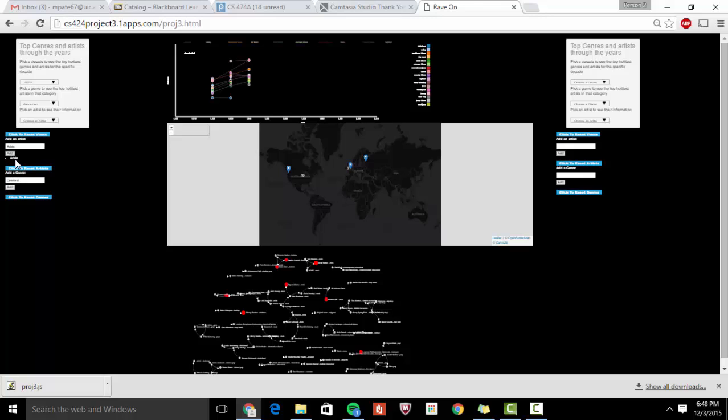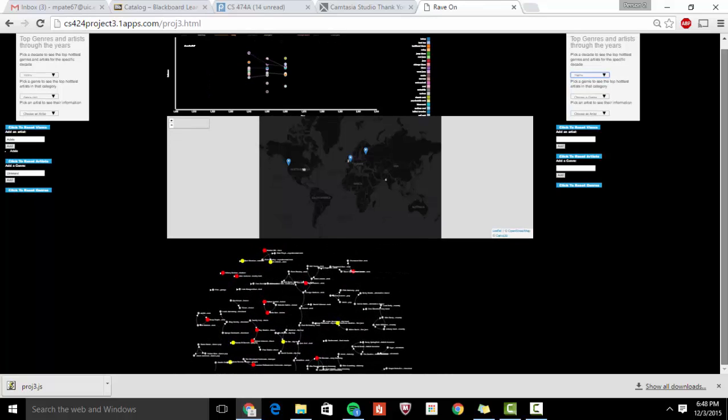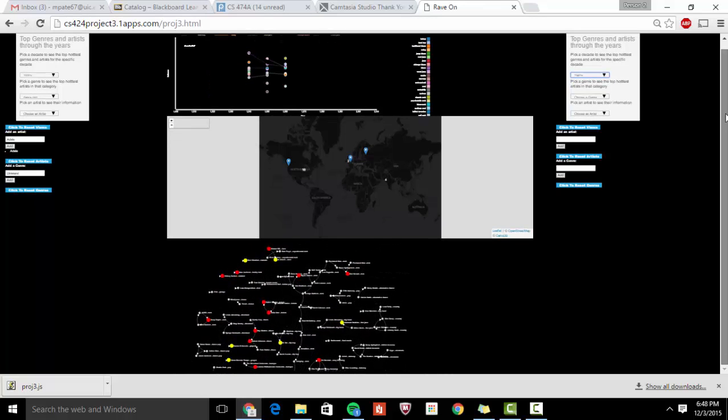So they'll be added onto the list of up to 10. And the user also on this side has the option to do the same thing. Now as you can see, the left side user, all his data points will be highlighted in red, and the right side will be highlighted in yellow, as you can see in this force directed graph,